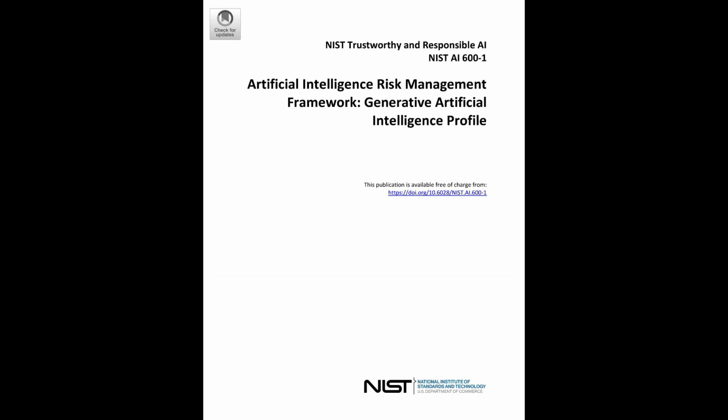It is. CBRN stands for chemical, biological, radiological, nuclear. The concern here is that GAI might make it easier for bad actors to get their hands on or even synthesize information needed to create these kinds of weapons. Basically lowering the barrier to accessing really dangerous knowledge. That's the worry. Now, the report is careful to note that current general-purpose large language models probably don't offer much help beyond what someone could find with determined online searching anyway. Okay, so maybe my chatbot isn't going to teach someone nuclear physics just yet.